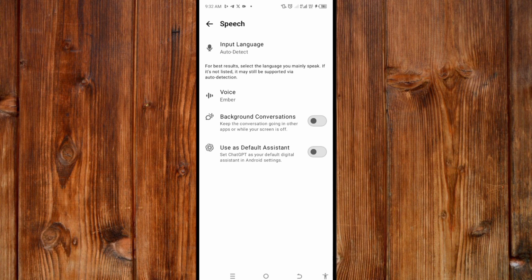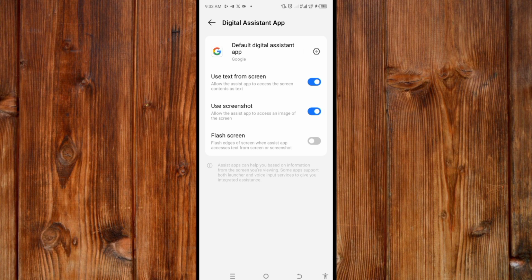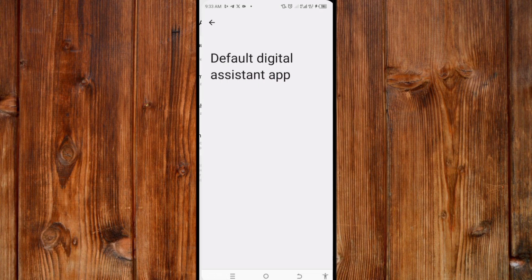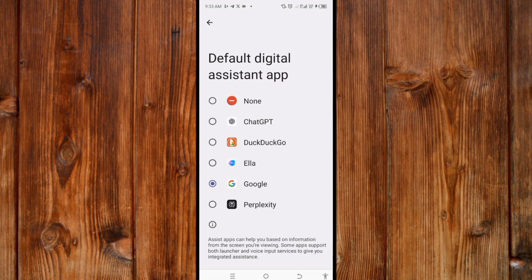Now here you can give it access to have a conversation with you in your home screen background by clicking on this Background conversation. Also you can use it as your default assistant by clicking this toggle on, and then use it as your device assistant. Select this as your device assistant by clicking here and then click on ChatGPT like this